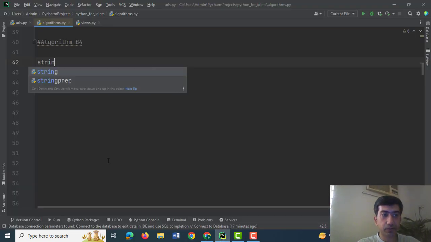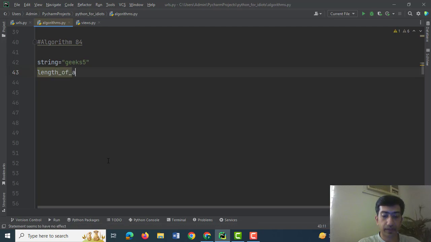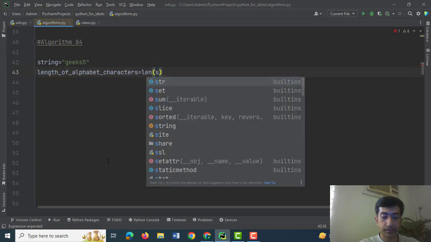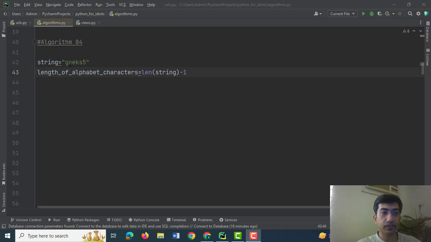So the string that is given to us is geeks5. Now we need to calculate the length of alphabet characters. It would be len of string minus 1. Why are we doing minus 1? Because the length of this string would be 1, 2, 3, 4, 5, 6. It would be 6, but we need to find out the length of only the alphabet characters, not the last